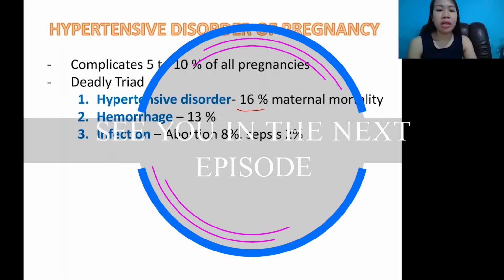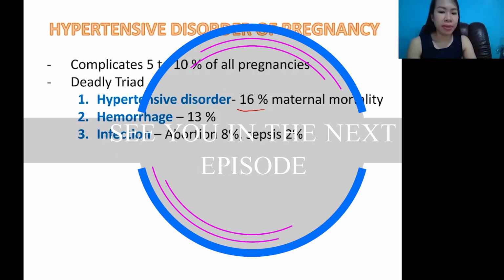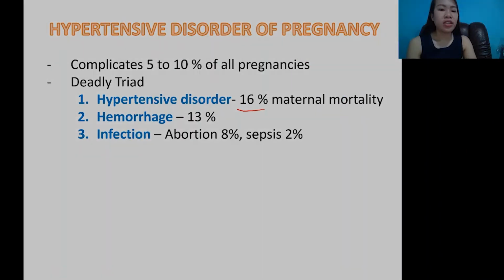For example, in abortion, it causes 8%, infection or sepsis 2%. So this may